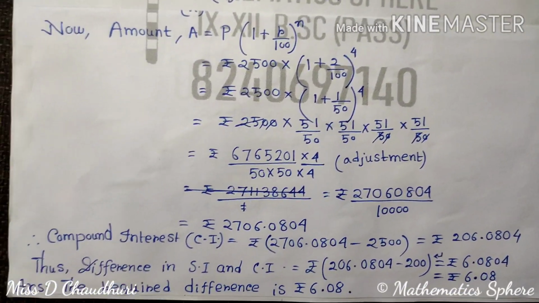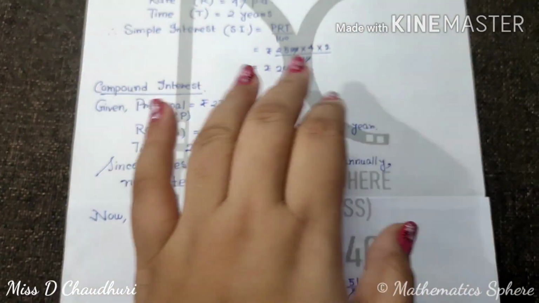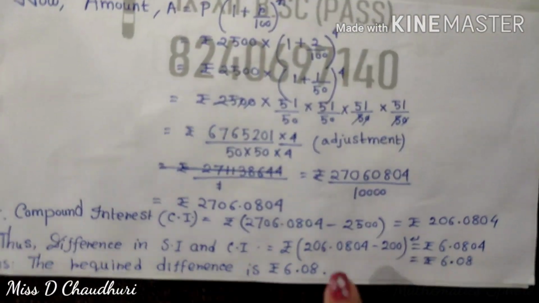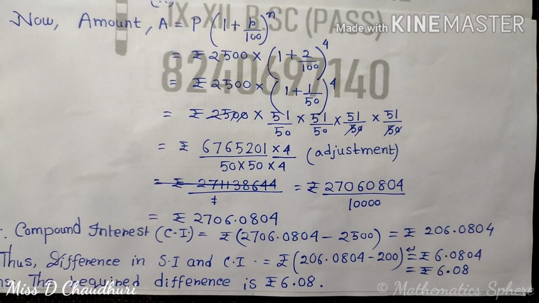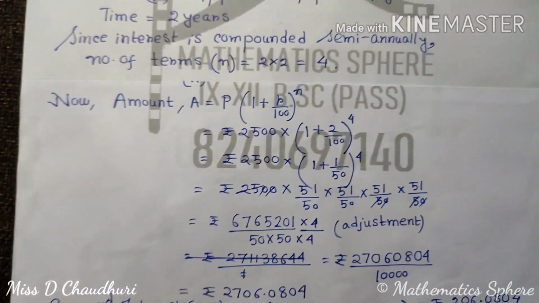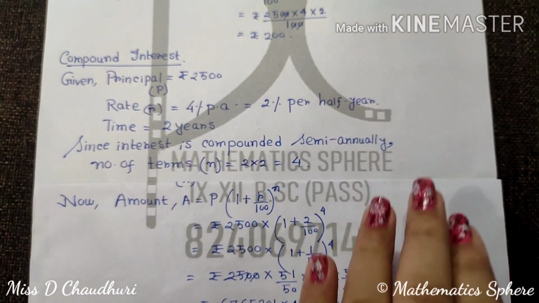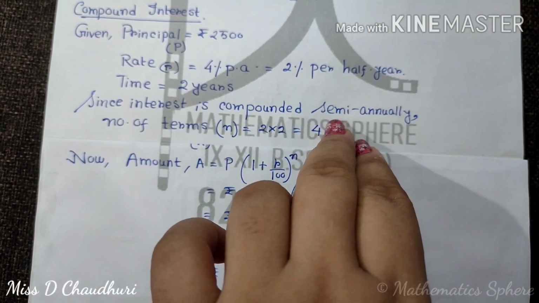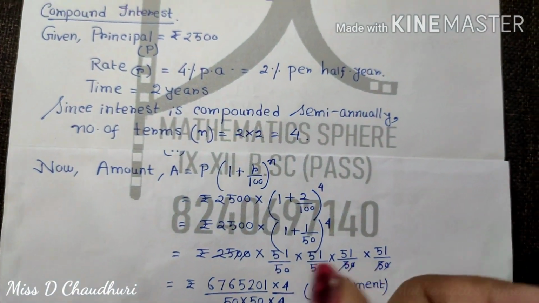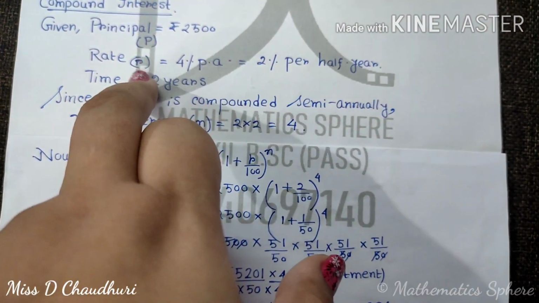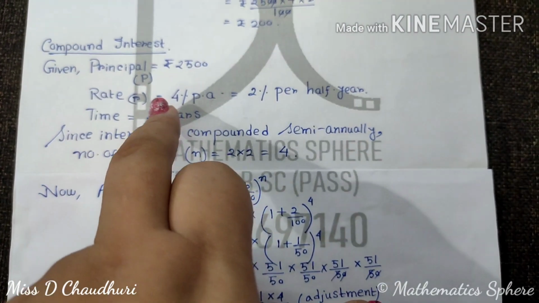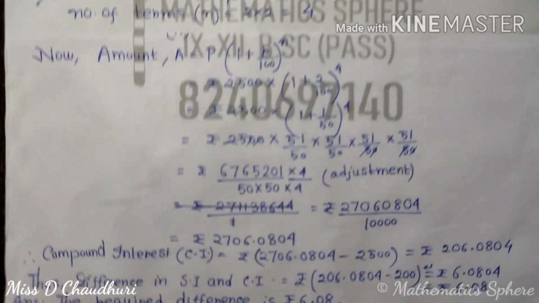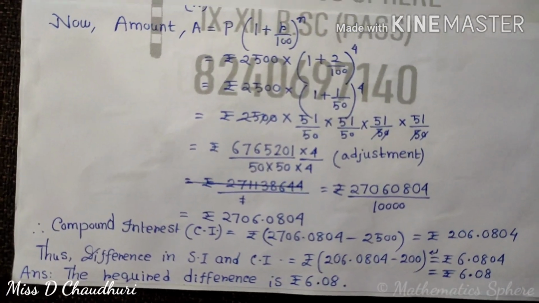Done. This is very easy, this is nothing new. Just you calculate the SI which you have already studied in class 5 and 6. Okay, and you just calculate the CI using the formula and just find the difference. Just be careful while finding the CI. You just have to see what the interest says. Is it semi-annually, is it half yearly, or is it annually, quarterly? Accordingly you are going to take the value. Principal will not change. You are going to take the value of R and N and just write the answer. After that you find this CI and SI's difference.